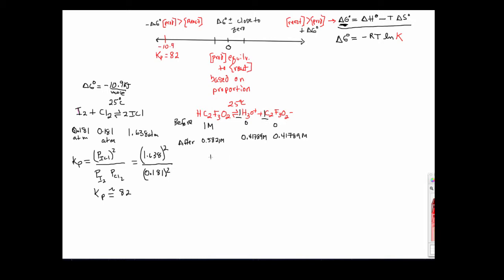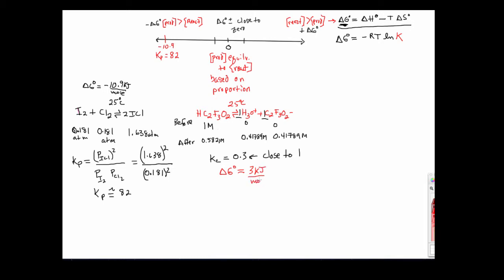Now, we're calculating the Kc for this because we're in concentration units of molarity. And my Kc, I'm going to go ahead and just give you the calculation, is 0.3. Notice that this value is close to 1. Close to 1. All right, my delta G naught for this reaction is 3 kilojoules